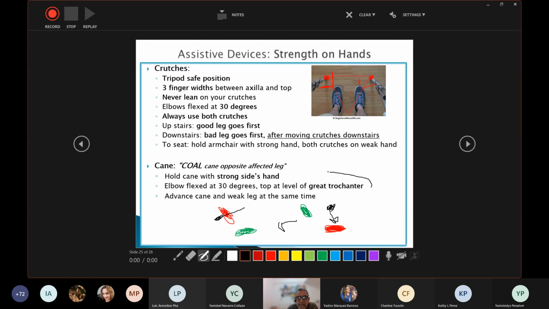And the other topic is this. Where should the top of the cane be? It is at the hip, where the greater trochanter is. This is the adequate height of the cane. When crutches, both crutches and canes, are at the adequate height, the elbow of the client is found with a 30 degree angle, with the hand grabbing the cane. It's a constant in this topic.